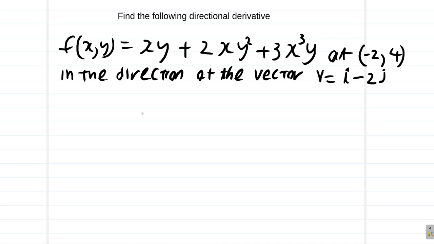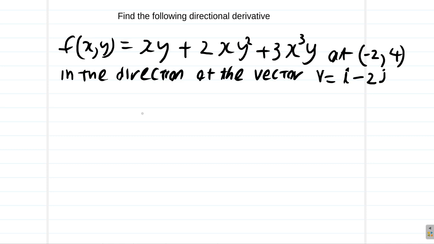We need to find the directional derivative of this function, f of x, y equals xy plus 2xy squared plus 3x cubed y, at the point (-2, 4) and in the direction of the vector v equals i minus 2j. Now,